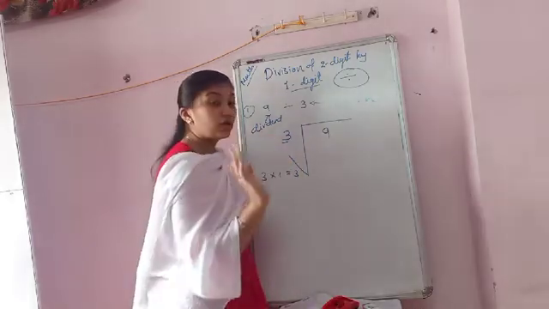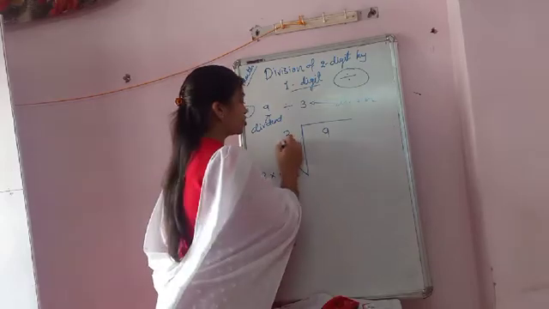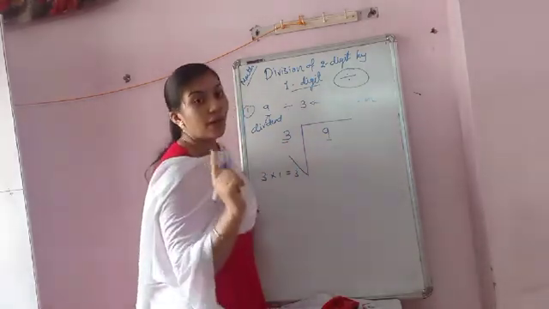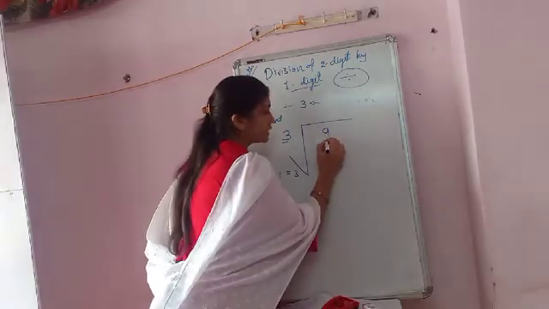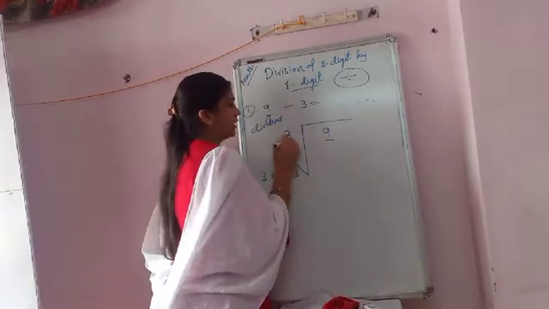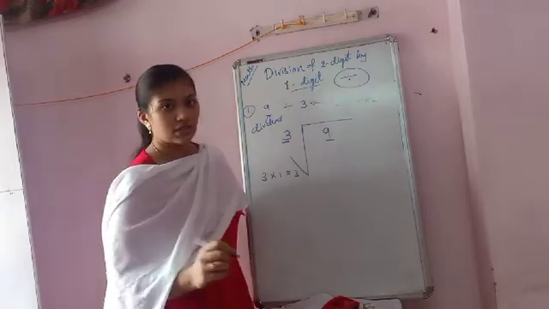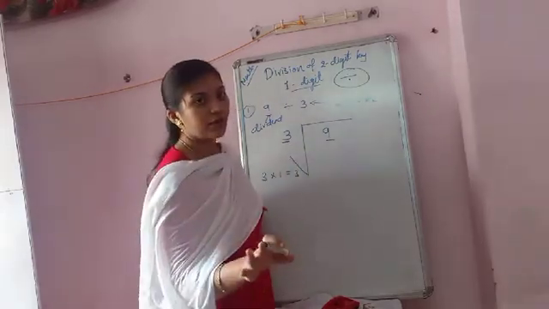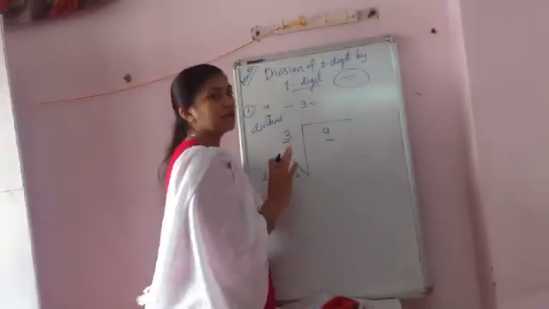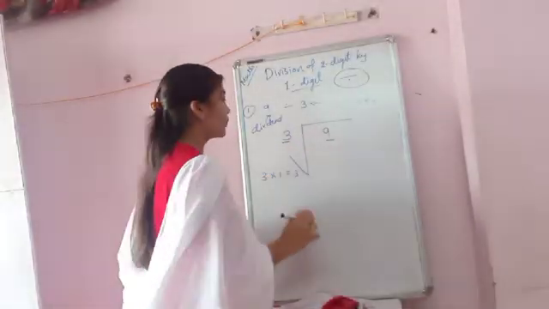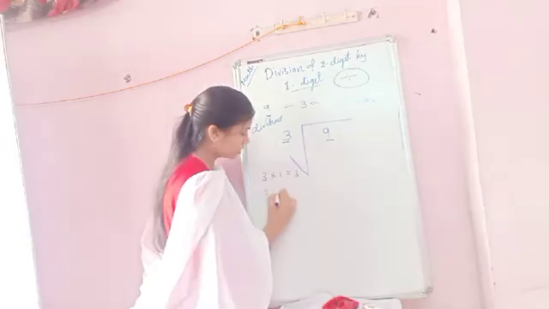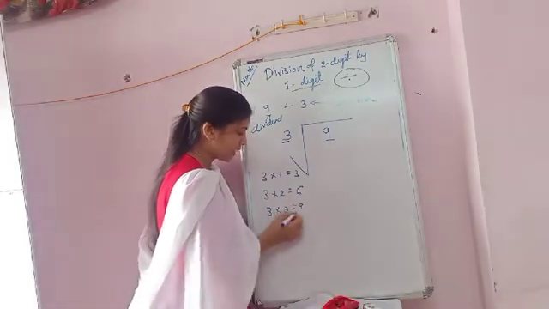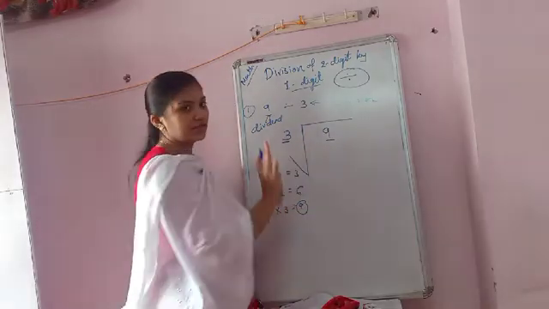Here first, whenever you are going for the division, you have to check both values. You have to compare the dividend and divisor. You can see that the dividend is greater than the divisor, so you can divide. If it is 1 digit, then you just have to compare which is small and which is large, that's it, nothing else. Now 3 ones are 3, 3 twos are 6, 3 threes are 9. So we got the answer 9.